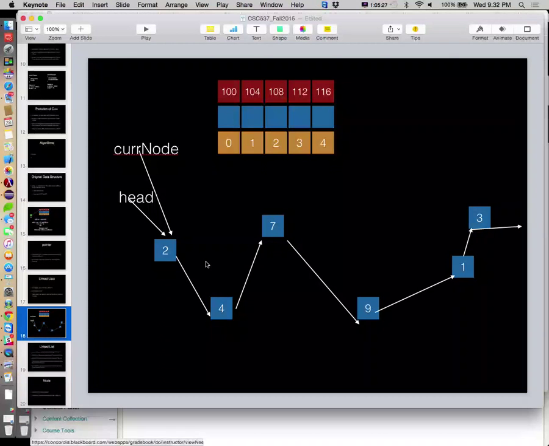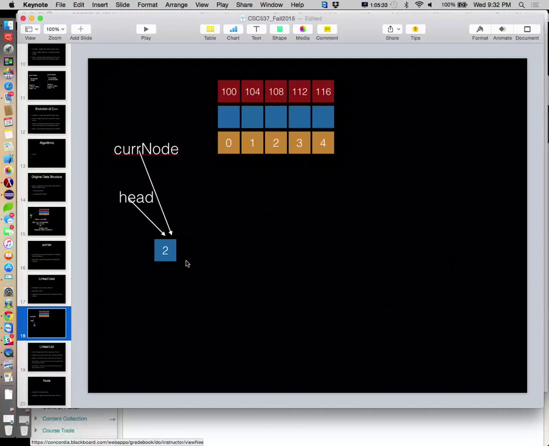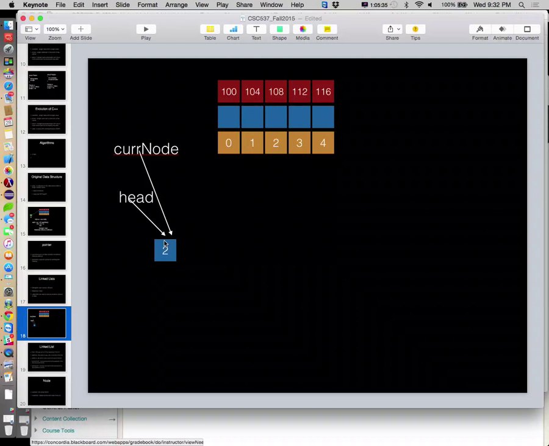Because if we had our picture that looked like this, let me delete this again. We're not dealing with the empty list. Cur Node's next node is equal to null, so we'll fail right away. Correct? We'll fail this right away. So at this point in time, when we're out of that while loop, Cur Node and head both point to the same place. I ultimately want to return this guy.